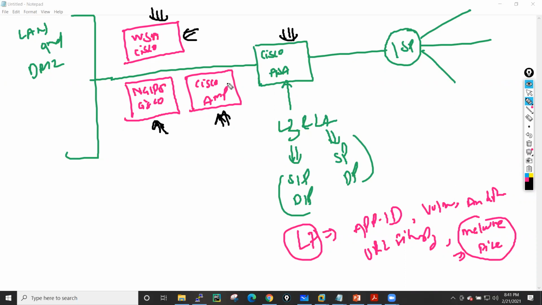When this packet reaches the AMP device, AMP also takes its own time. When it reaches your NGIPS, NGIPS also takes its own time for processing the packet. So here we are sending the packet through multiple devices. Ultimately, when the packet goes through multiple devices, it will be delayed, right? Because these devices process the packet, so there is some delay.